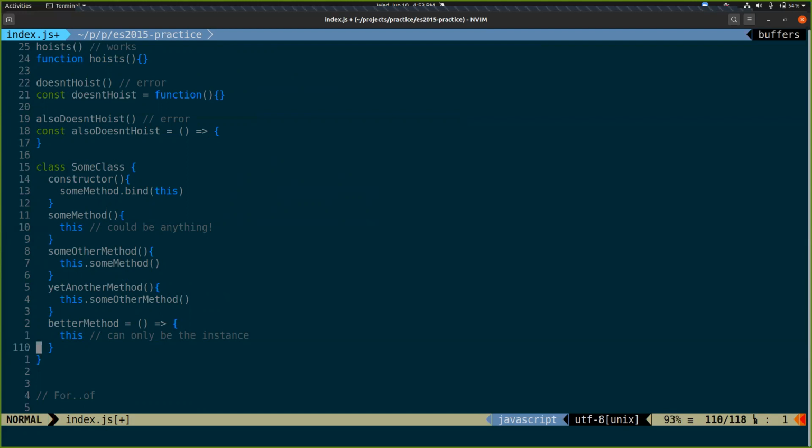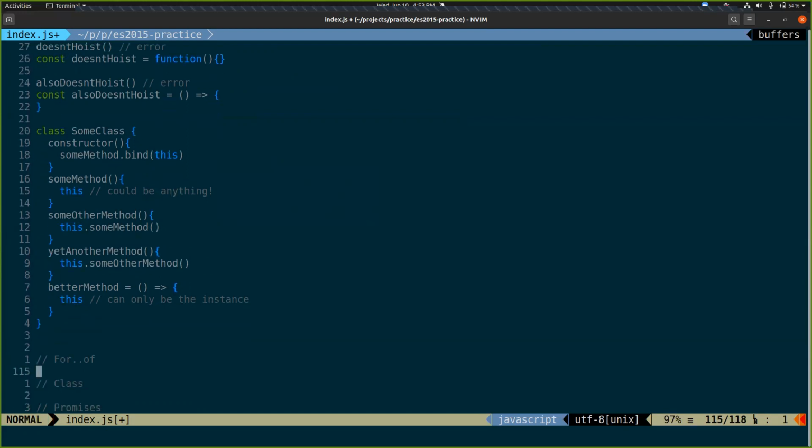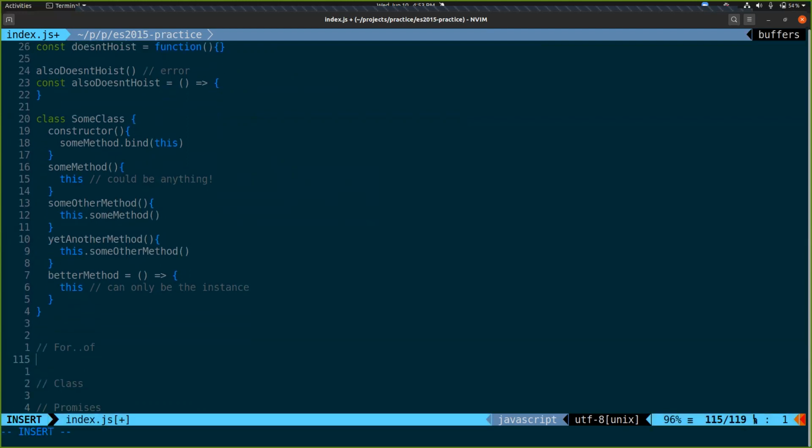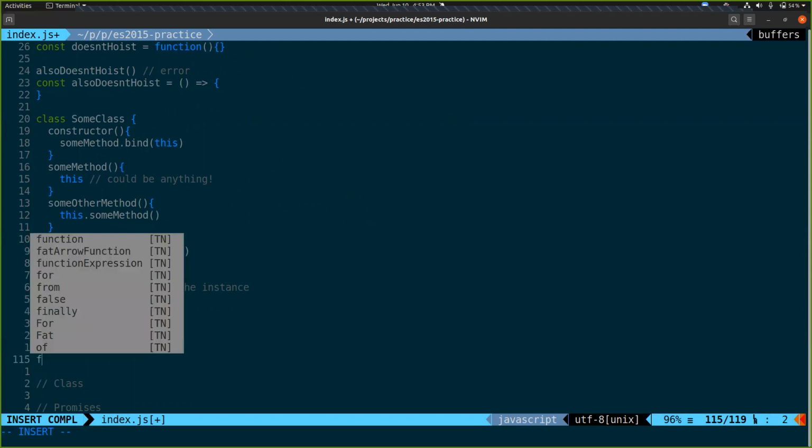Cool. Let's talk about for loops. So we got 3 different for loops that are worth knowing.